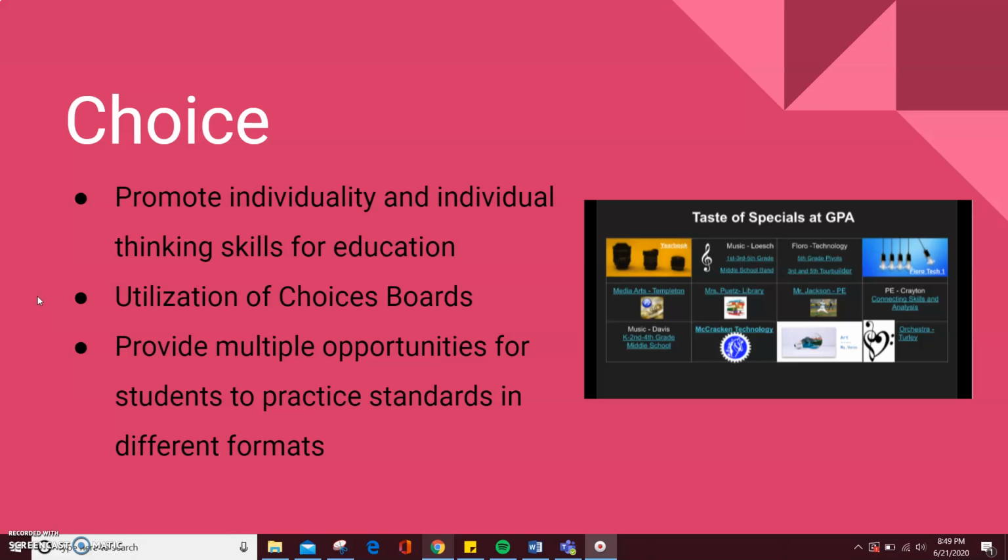They can choose their options, and weekly we update the activities so that they're continually getting lessons in all of their classes, not just their core subjects. Providing multiple opportunities for students to practice standards in different formats. And that's something that we are continually working on with SRGs to make sure that students truly understand what it is they need to do to demonstrate mastery by the end of the school year, so that they have their choice in how they're processing and working, and how much time they need to actually get there.